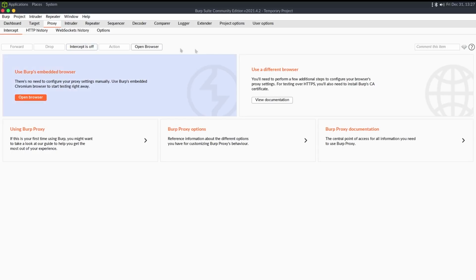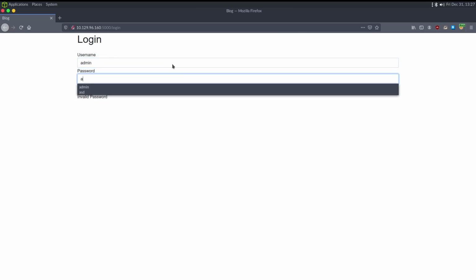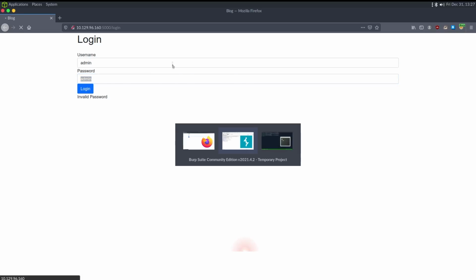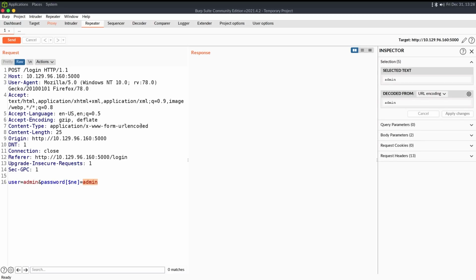And let's see, Burp Suite was set to not intercept, so let's try this again. Admin. It's over on Burp. We can send this over to the repeater tab. And one of the tricky things with this is you've got to do type confusion, and a lot of times you can't do it in this x-www-form-urlencoded format. So it would be something like this, not equals to admin,